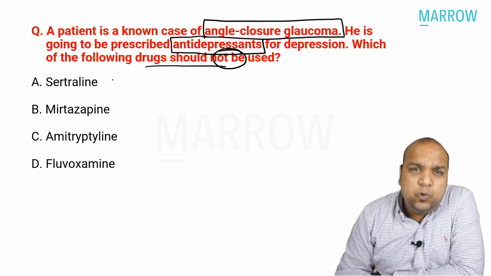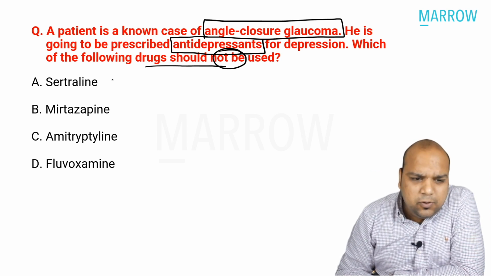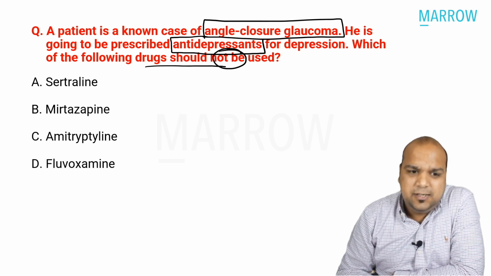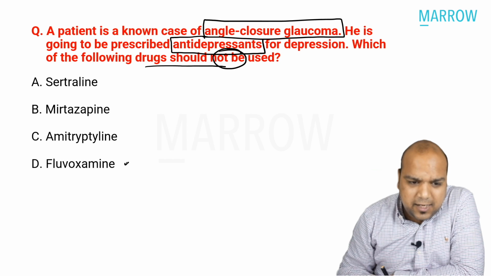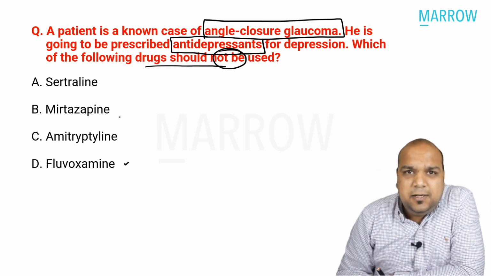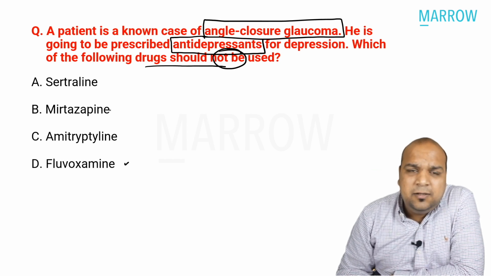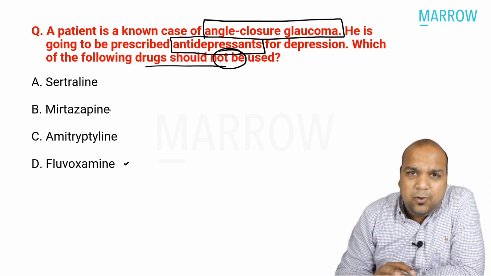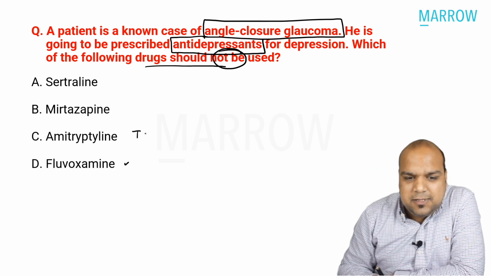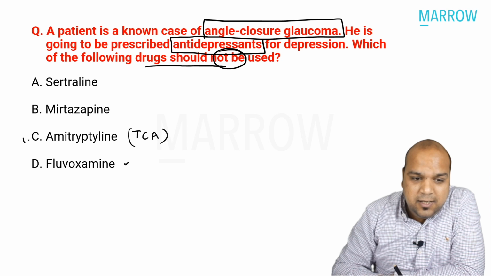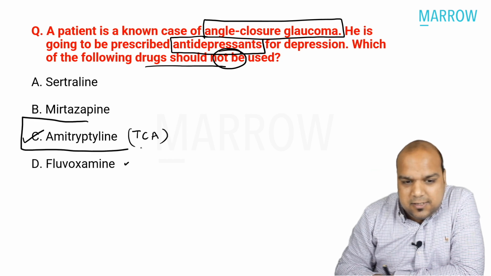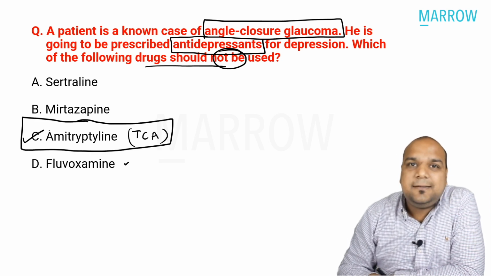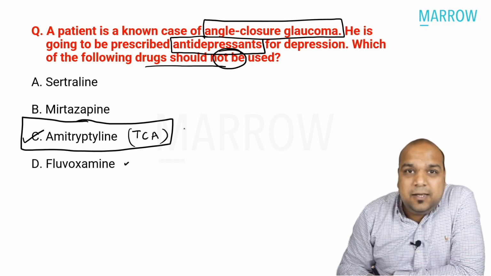Sertraline is an SSRI, though associated with the precipitation, usually does not cause. Fluvoxamine, again an SSRI, can be associated. Yes, I'm not doubting it. Yes, it can be the answer. Mirtazapine is an antidepressant which is not associated at all with angle closure glaucoma. But amitriptyline, which is a tricyclic antidepressant, everybody, this is highly associated, and that is why this is the most likely answer. Along with the fact